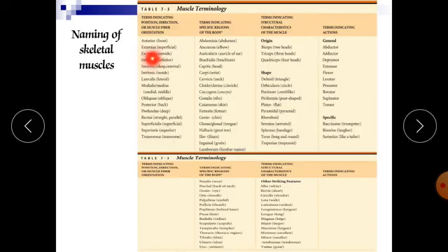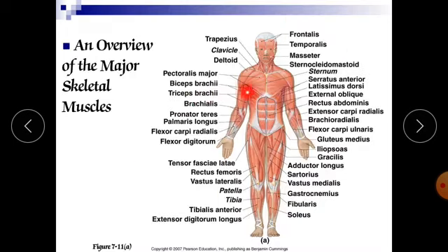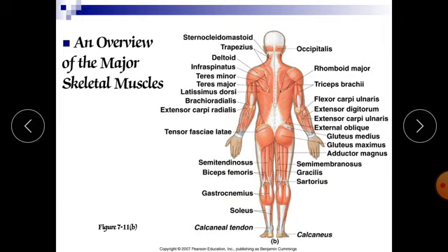Now these are the names of skeletal muscles, where you can see various types of muscles. It is impossible to read each and every muscle. Here is the overall view of the muscles, how many muscles there are in which part, as we discussed in the beginning. For example, this is the gracilis muscle, adductor longus, tibialis. These are the muscles from the back side. This is the gluteus muscle, through which you get injections. Here the deltoid muscle, soleus muscle.